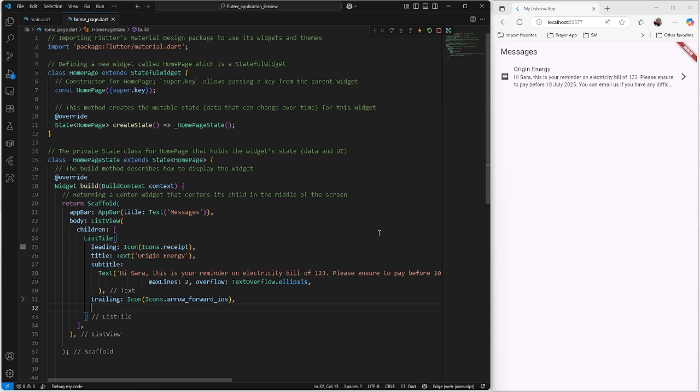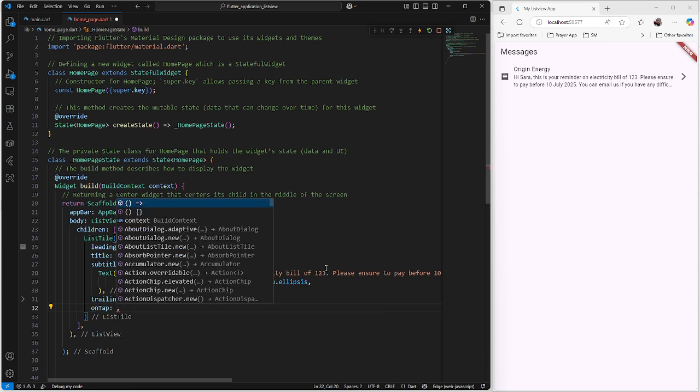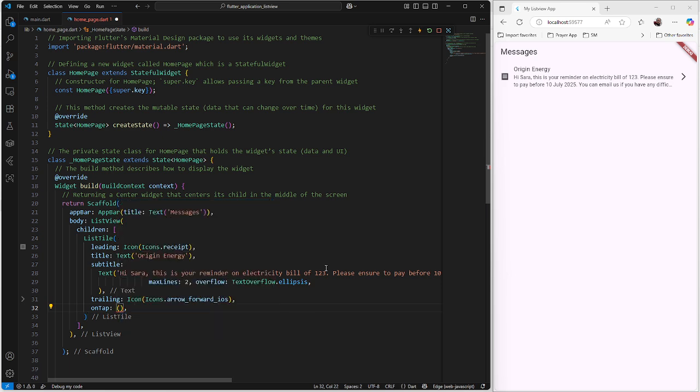So what we can do is, there is an action, so it's called on. You see here we have a few options, on focus, on long press, on tap, and so on. We'll go for on tap, which means just like the user is clicking. What do you want to do? So open close bracket and open close flower bracket. When the user is clicking on tap, we want to do something. There are a number of ways to do it, but I just wanted to show you first